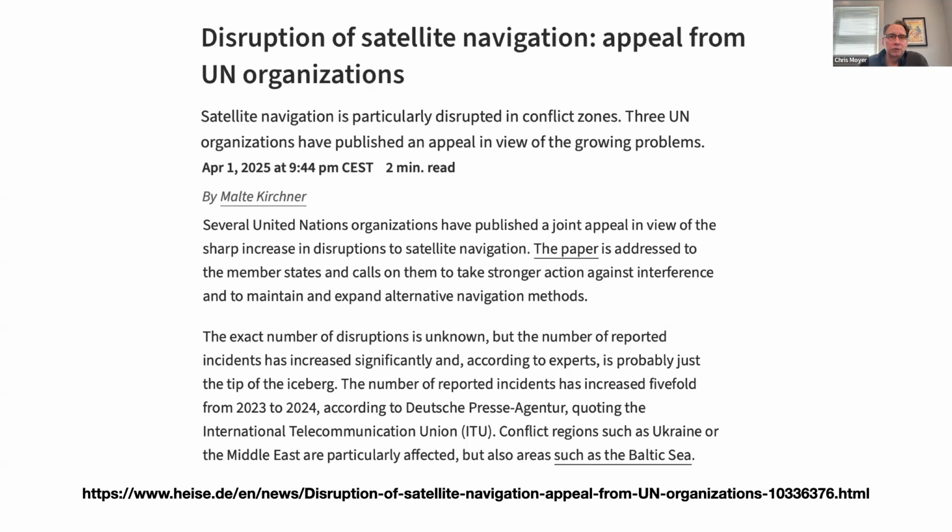So a whole bunch of different organizations: International Telecommunications Union, International Civil Aviation Organization, International Maritime Organization, have pointed out that interference with the four largest global navigation systems, which are the US GPS, the EU Galileo system, the Russian GLONASS system, and the Chinese Baidu system, not only affects positioning in aviation, shipping, and land transport, but the precise time signals are also important for financial transactions, communications, power grids, things like that.